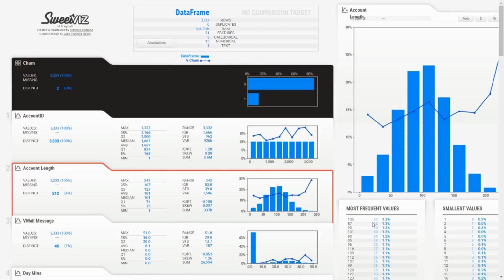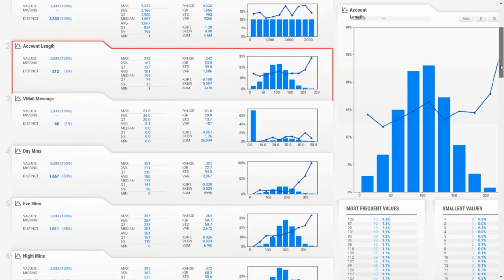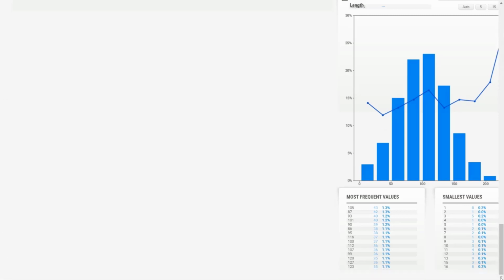You can also see what is the most frequent value and what is the smallest value on the right side. This package is pretty good, but the only problem is there is a scroll bar missing on the right side. If you want to see everything, you need to scroll all the way down below. But the author of this package mentioned in his GitHub that he's going to work on it and provide a scroll bar.